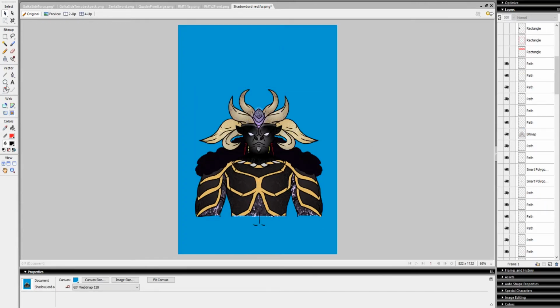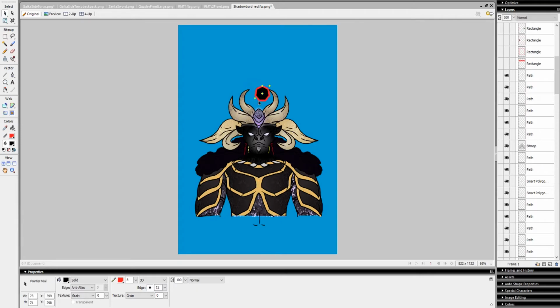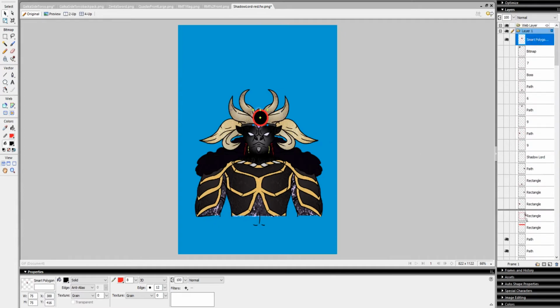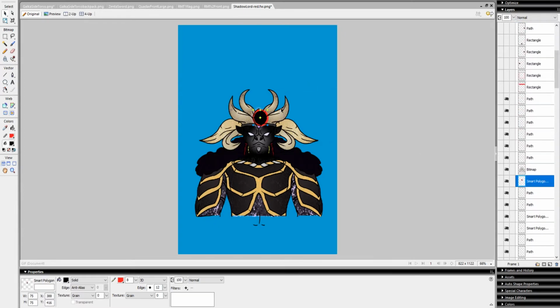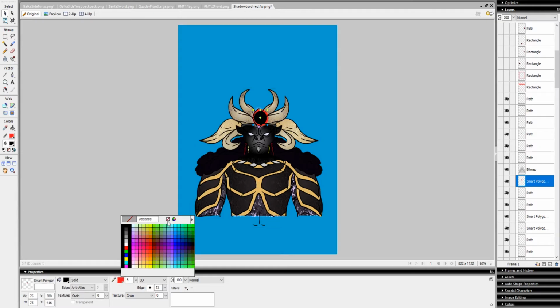When adding the colour, I'd create a smart polygon with up to 25 points. I could then adjust the polygon into the desired shape behind the line art. The line art on top would then mask the edges to the shape behind.